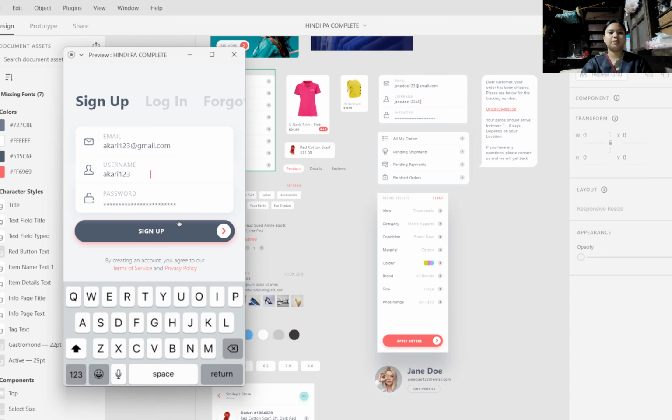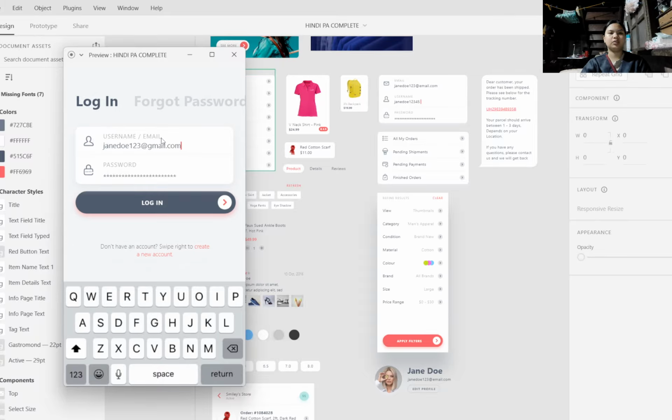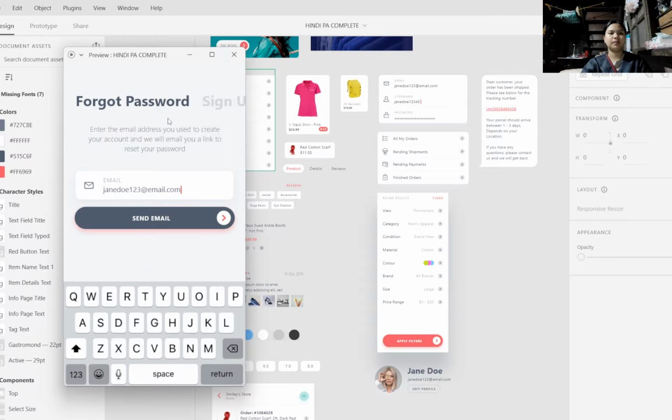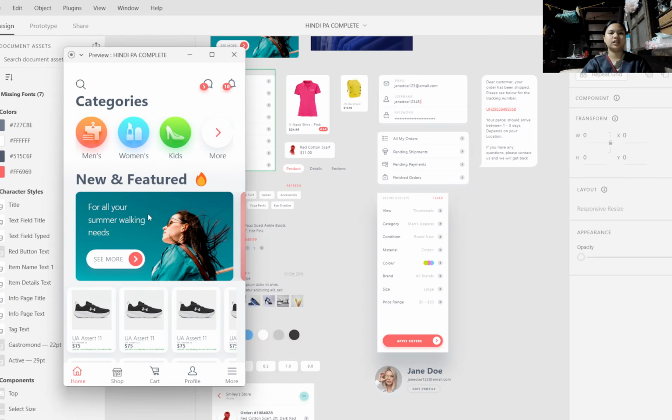When you sign up, click first. This is a user sign up. When you click the login, it will go to the login. Forget password, send email. Click, there's no interaction first there, but when you click the men,